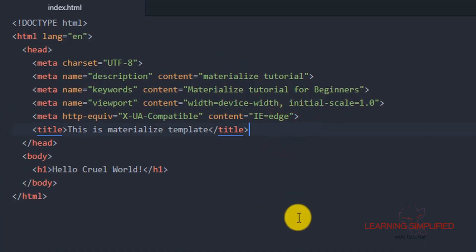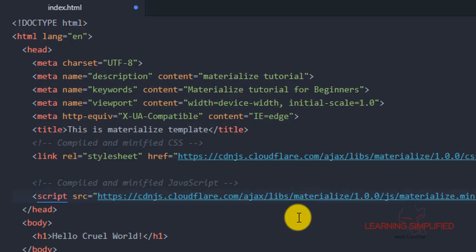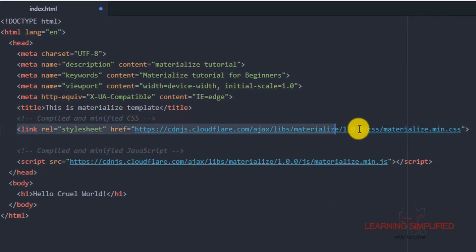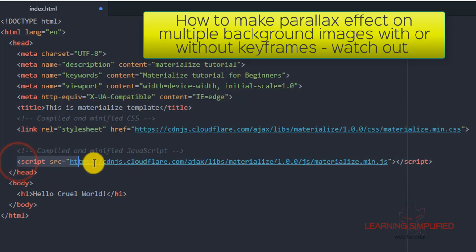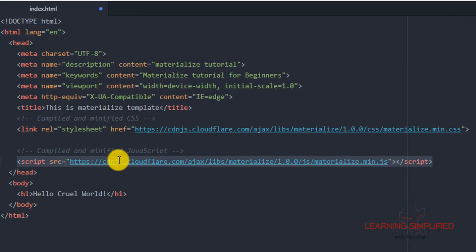So where should we paste them? This is the perfect place where we should be pasting our copied link. We are practically pasting this .min.css right below this title tag. On the other hand, we can see that there is a script source that has been copied automatically. The first thing we need to do is that we won't be pasting this JavaScript file, we won't be linking it with our page in this particular place.